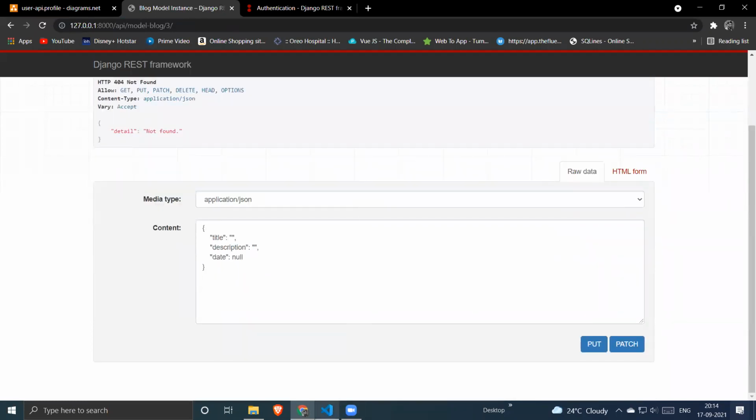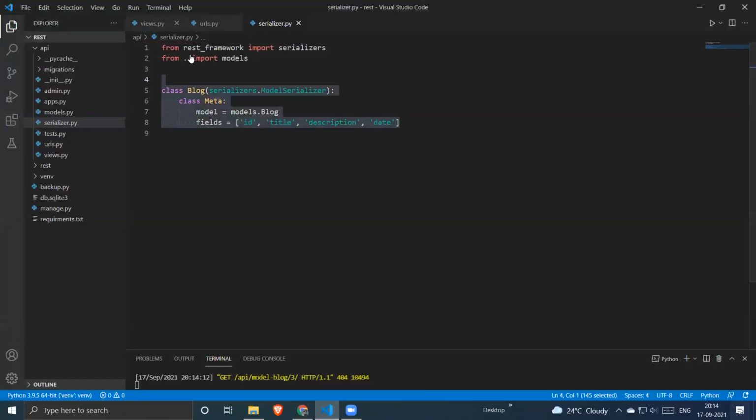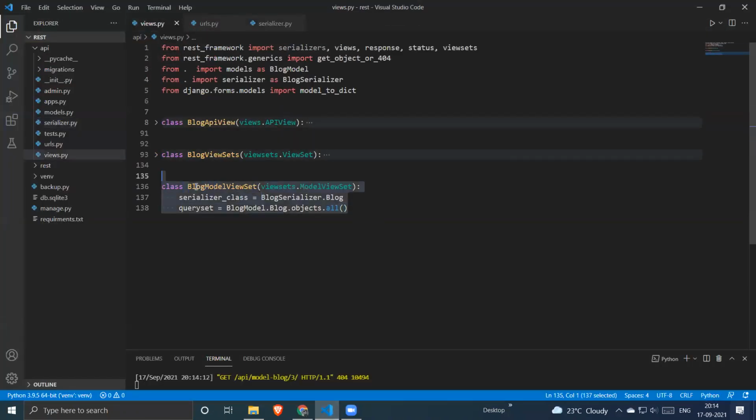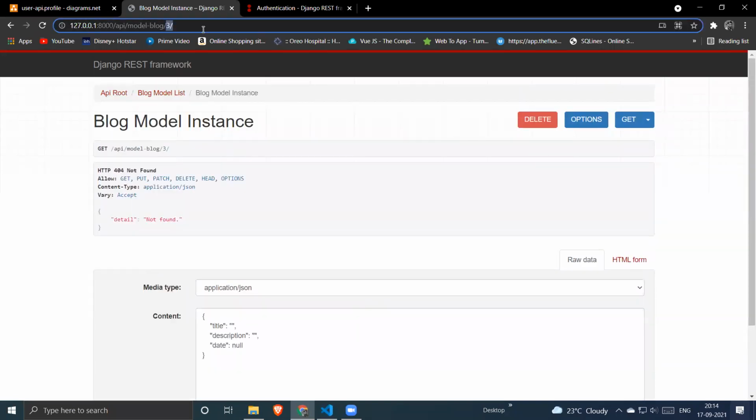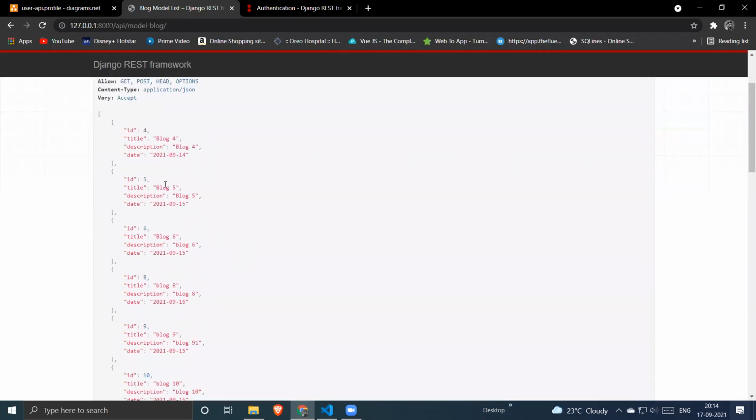That's it. This is the model view set. There are plenty of things we can do in the model view set. For example, what if I have to search for anything? Say I want to search for data which has blog file as a title. Can I do that in the model view set? Because we are not writing any if condition or filters. Is it possible?